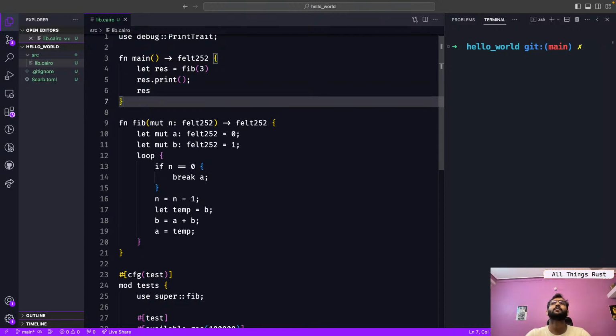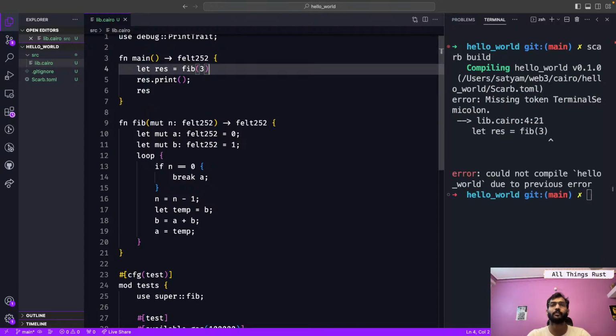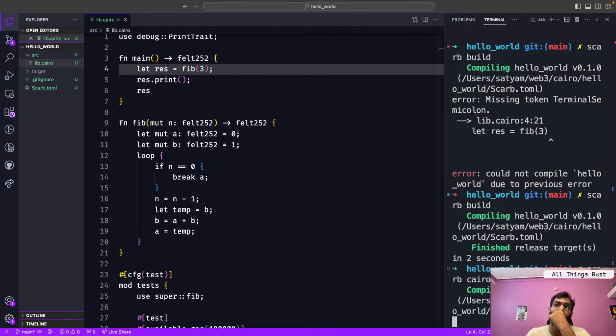Okay, let's see. To run this, we first need to build the project. I am missing the semicolon. Nice. Okay, and then scarb cairo-run, correct?